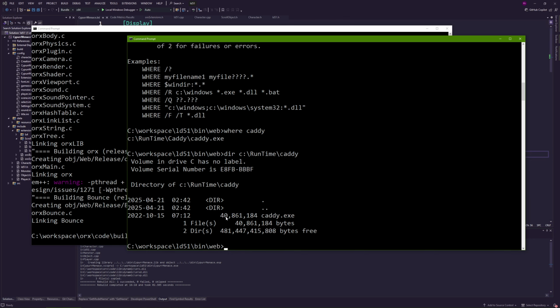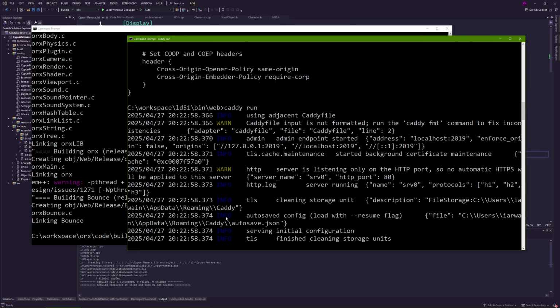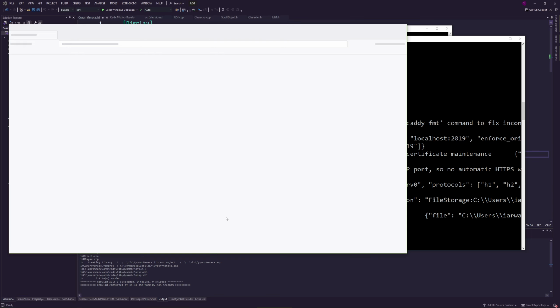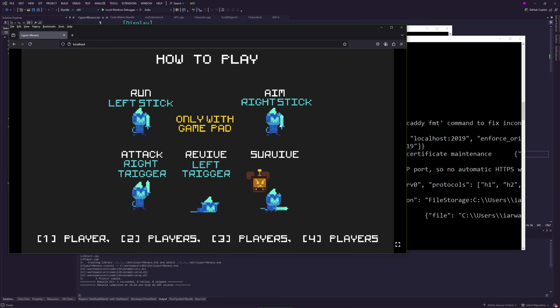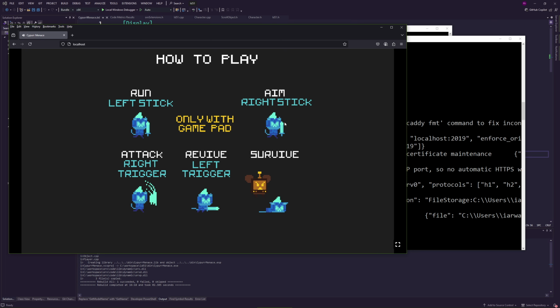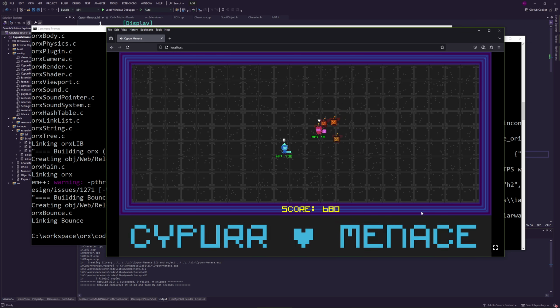It's a very simple web server to use, and Odin's init will actually generate a Caddy file for you with all the setup for it. You see it's very short as well. You can obviously use any web server you want. And just for convenience, I have the Caddy file generated for you. So all you have to do is, if you have Caddy, you type caddy run, and now the game is actually working. So if I were to start Firefox and go to localhost, you can see that our game is here. The music and everything, and it's playable, and it's in the web. You have your web version of your game, just like this, nothing else to do.